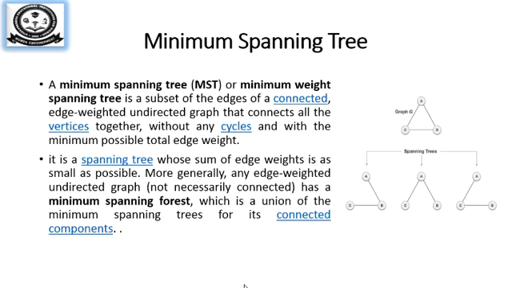So usually we'll be telling it in terms of a minimum spanning forest. What is a forest? A collection of trees is called a forest. So what you'll do is you will form separate trees with the lowest cost, and we'll try to combine all the vertices so that it will form a single tree with all the vertices connected at the lowest weight or lowest cost.